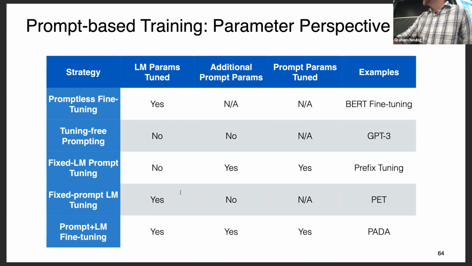And fixed prompt LM tuning, this is not super widely used, but there's a nice example of it called PET, which basically takes a prompt and then fine-tunes the parameters of the LM to do better. The reason why you might want to do this is because the prompt, essentially, you can view it as a prior over what task the model should be solving after you train the parameters of the model. And so it's a better way to utilize the fact that the model already kind of knows how to solve the task before you start tuning the model. And then PETA is an example where you basically add a prompt, but then you train everything.